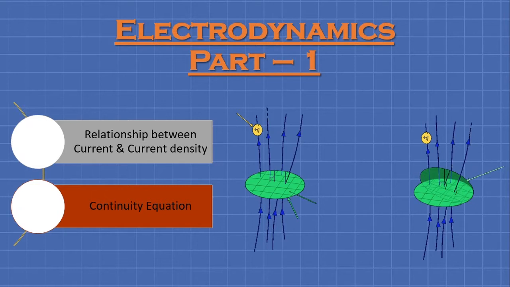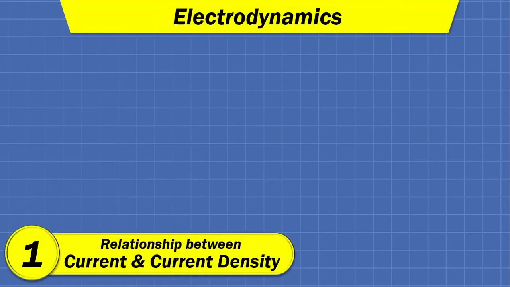We are going to understand two kinds of relationships over here, and then we will discuss the continuity equation. So let us start with the electrodynamics. It is known that the flow of charges constitutes an electric current. So for example, if I have a conductor like this,